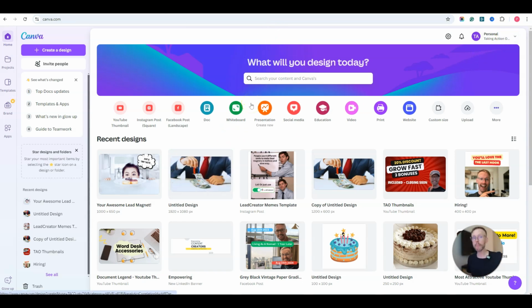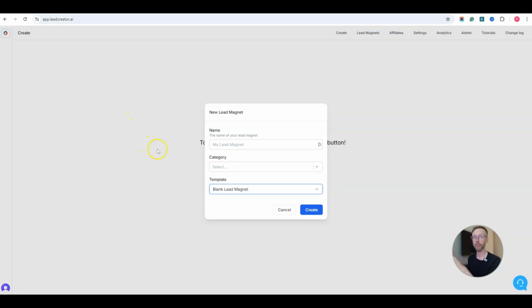And then normally what happens is people have to come here, create something, and then download that, and then go to WordPress, upload that to WordPress, and then go and add your conversion elements, go and design the squeeze page, and then go and somehow track that link later on when you've long since forgotten where the hell you even have that link. Okay, whereas LeadCreator, that solves all that for you,